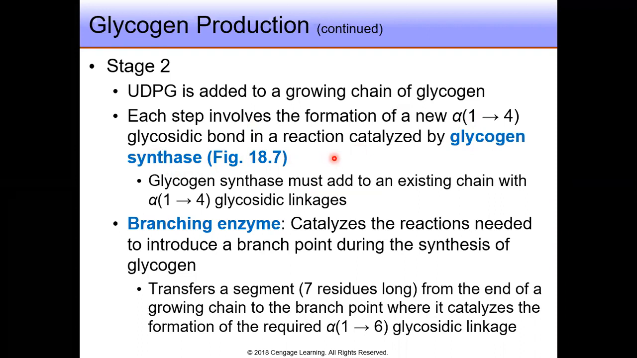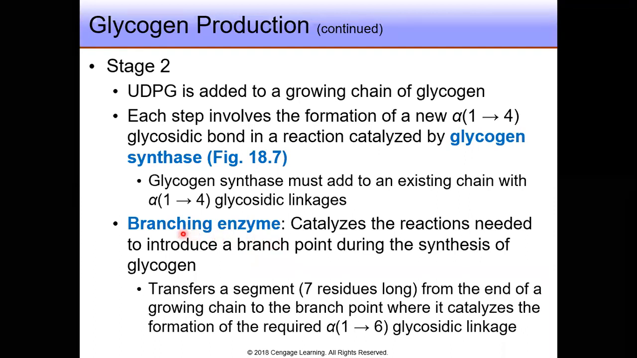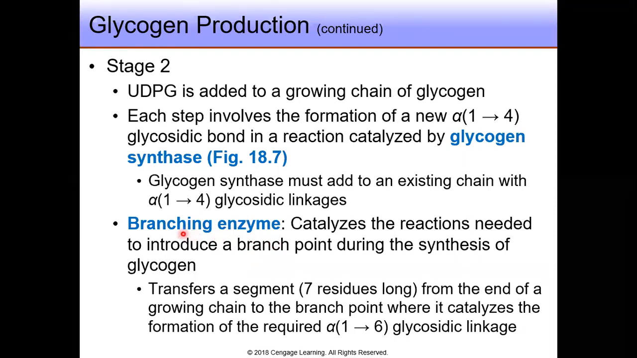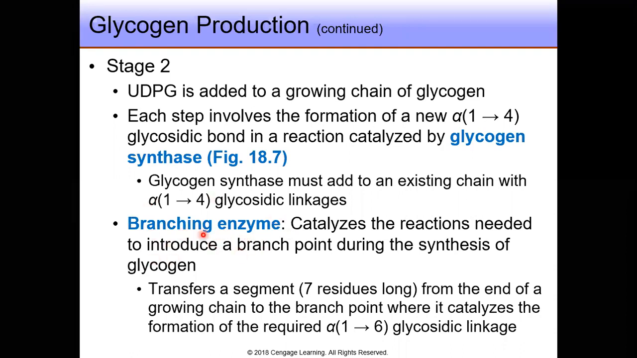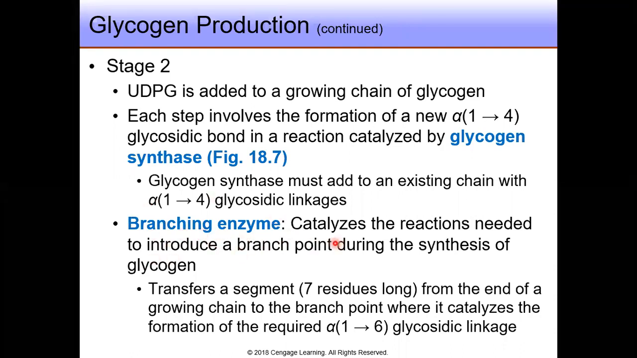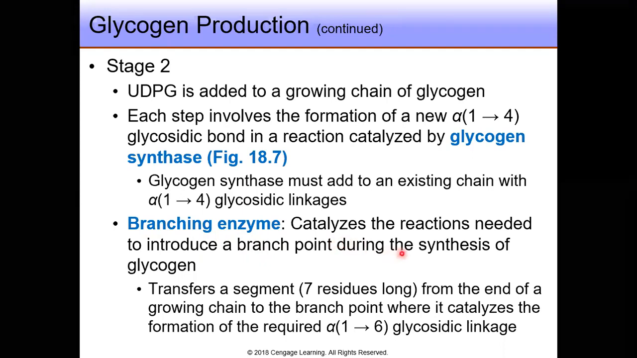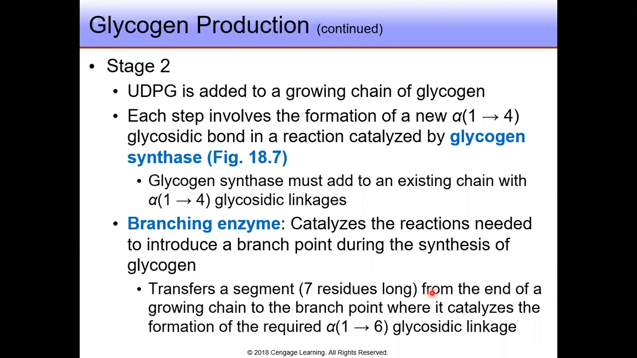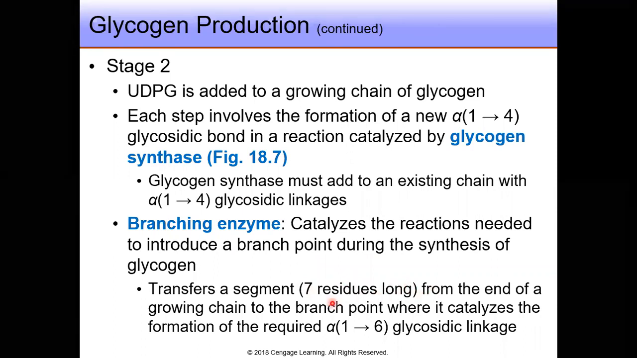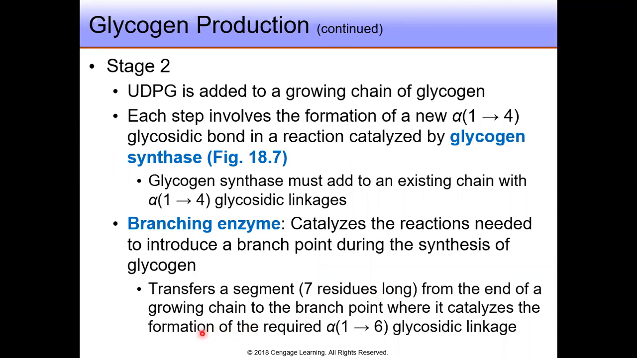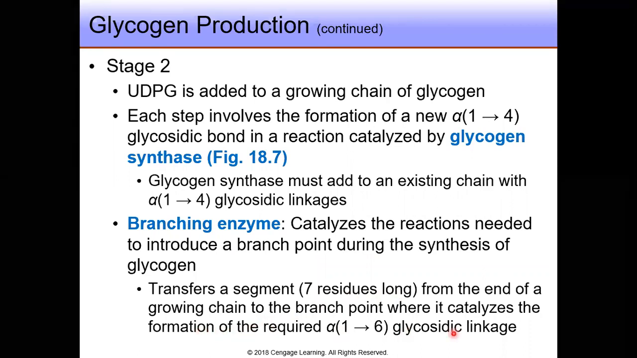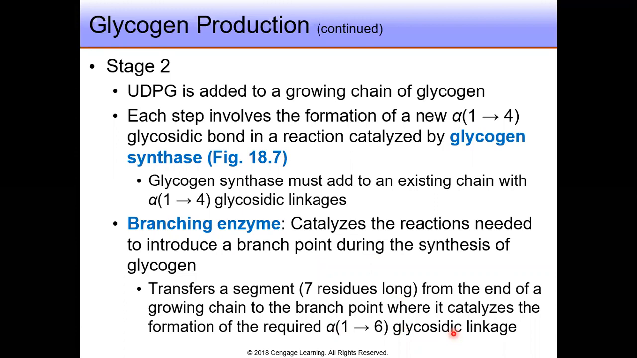Now, synthesis of glycogen requires the formation of alpha-1,6 as well as alpha-1,4 glycosidic linkages. So we need the so-called branching enzyme, which accomplishes this task. It does so by transferring a segment 7 residues long from the end of a growing chain to a branch, where it catalyzes the formation of the required alpha-1,6 glycosidic linkage. As we see here,